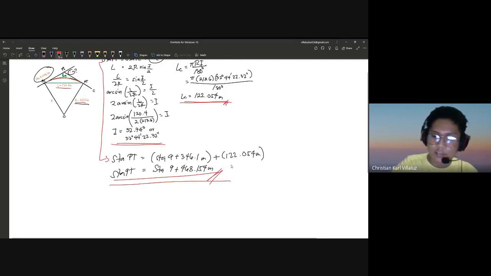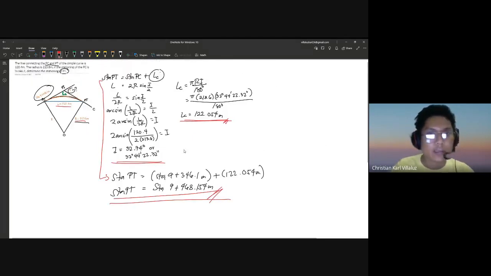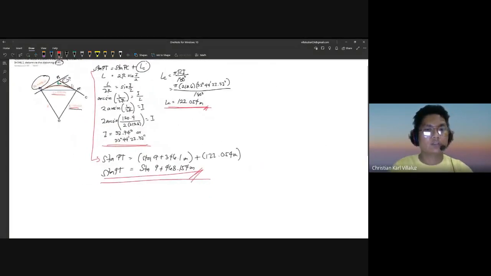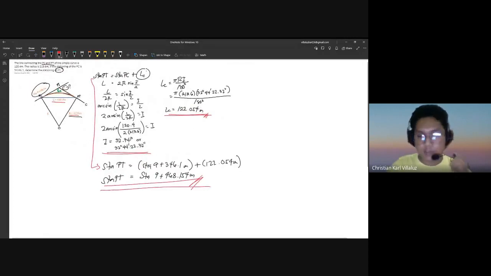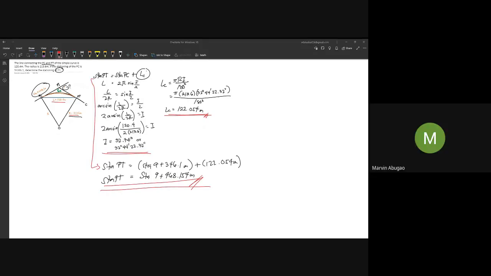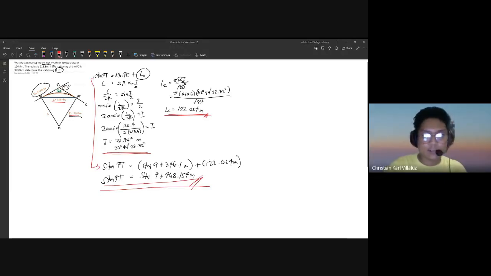So yan ang stationing ng PT. And yun na. Yun na yung sagot. Any question, class? Simple curve. May tanong sa simple curve? Wala po. Okay, wala. Let's proceed to